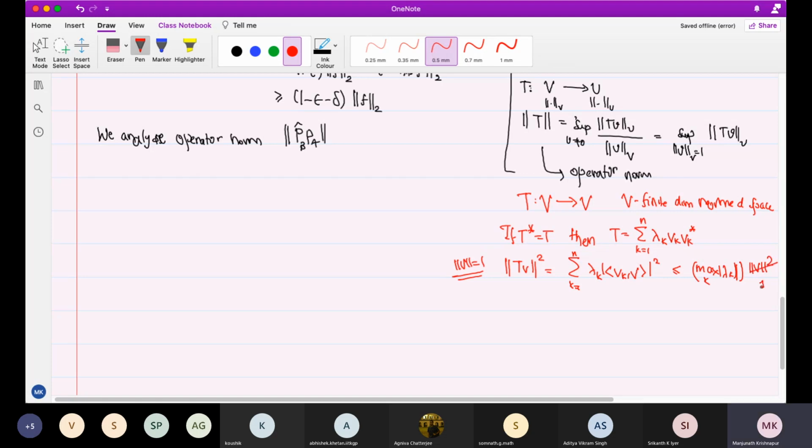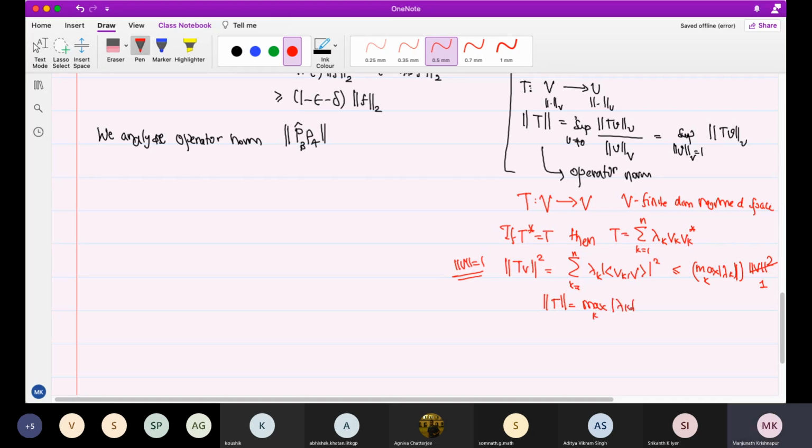Which is 1. So the operator norm is actually less than or equal to the maximum absolute value of the eigenvalues. And you can see you can achieve that by just taking V to be V1 itself. Let's say lambda 1 is the one with the maximum absolute value. Then you take V to be V1, so you get 1 for that and 0 for the rest. So the operator norm is seen to be, in this case, the max of